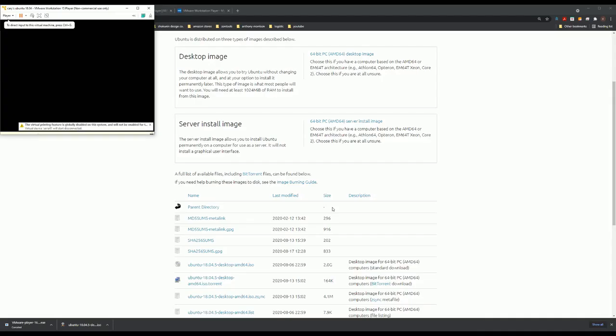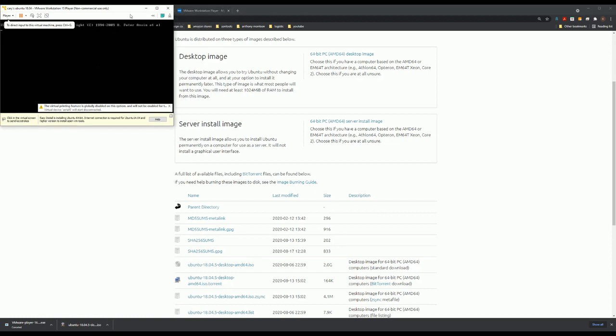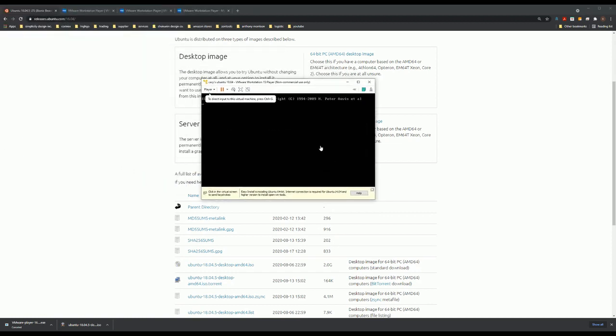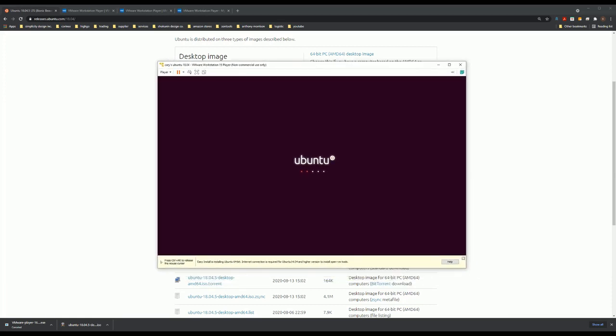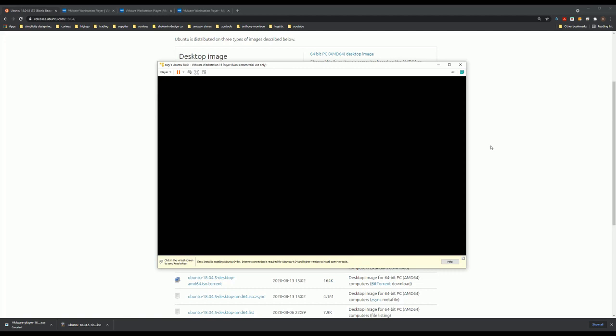At this moment, VMware is trying to bring up the virtual machine, the Ubuntu machine, and trying to boot from your virtual ISO image. Since we're using Ubuntu, something called Easy Install will be used to install Ubuntu. Easy Install just means that it will skip all the settings, like the time zone, and try to figure it out itself,